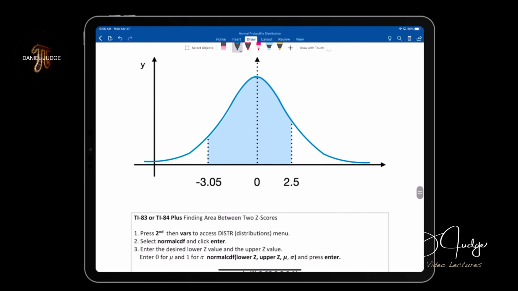Let's just try the TI for this one. Or maybe you should just let you guys try that one, right? Well, let's try it out ourselves. Let's do it via TI. How's that? Say second, distribution. Go down to number 2, NormalCDF. Lower value is a negative 3.05. The upper value is a positive 2.5. Mu is 0, sigma is 1 because it's the standard normal. It's a Z distribution. And we're going to get 0.9926. So I would say to you guys,